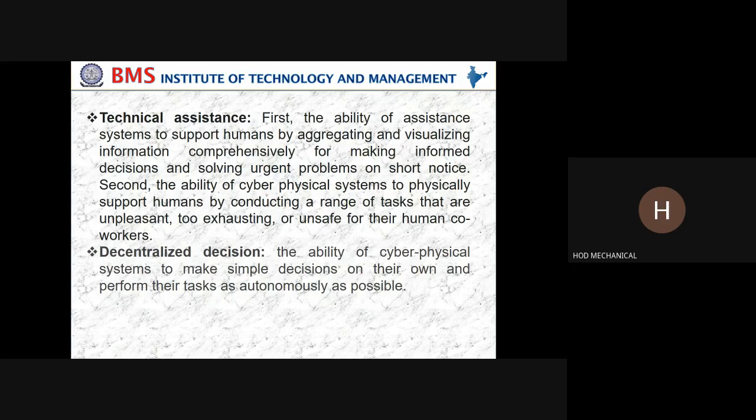Basically, in case of decentralized decision, it is the ability of cyber physical systems to make simple decisions on their own, and perform their tasks as autonomously as possible. In case of cyber physical systems, basically they are nothing but the individual physical systems. How the individual physical systems have been connected, how the individual physical system, once again,